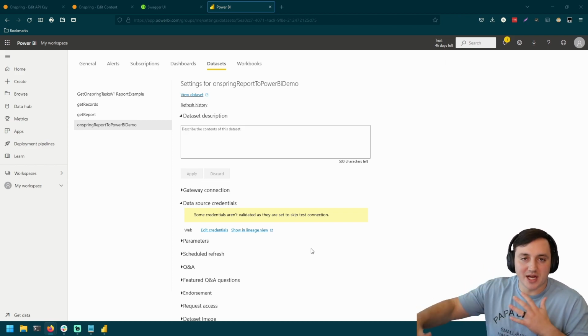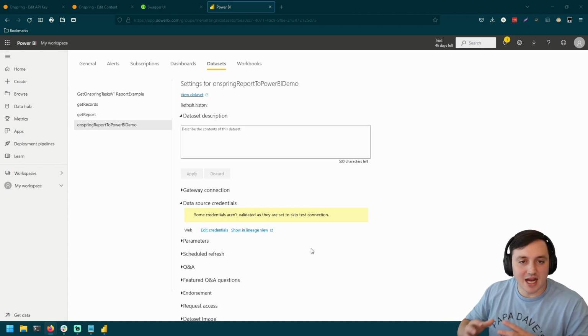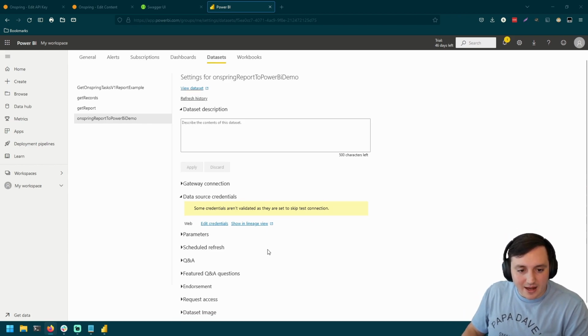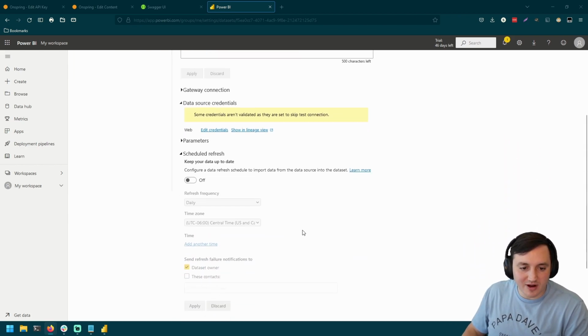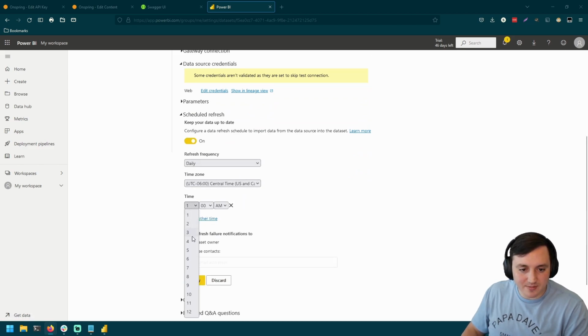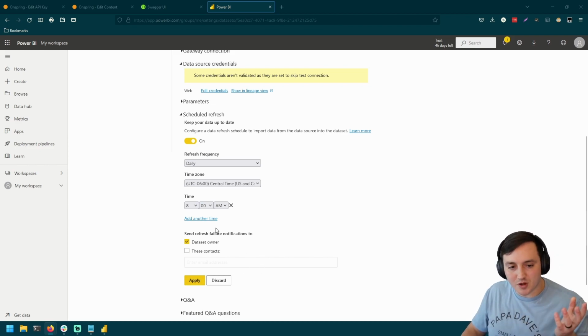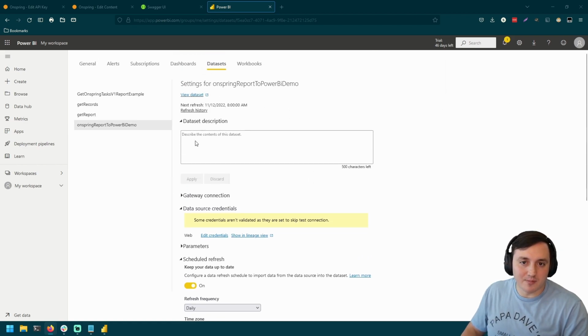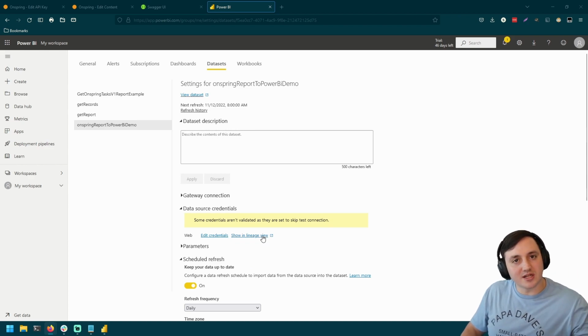It'll make sure all that authorization is taken care of because we already put that in the query. We built that properly in our query. And now what we'll be able to do is go down to scheduled refresh. We'll turn this on. We can select a time. We'll say daily at 8 a.m., right? That makes sense, first thing in the morning. You could add more times here if you wanted to. We'll click apply. So now each day at 8 o'clock, the Power BI service will send a request to Onspring